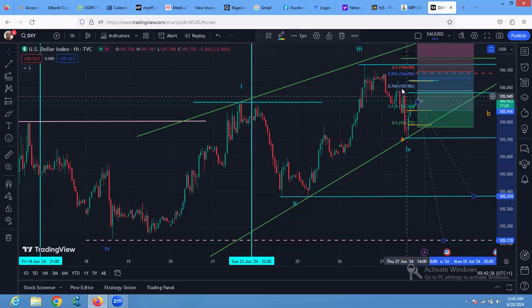So it gave us maybe just slightly outside 90. 100% is here. So this is almost 100%. So you didn't get 100% on DXY before we saw the end of a wave